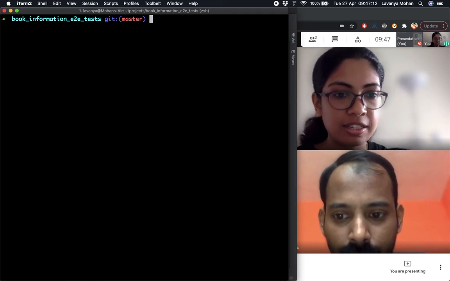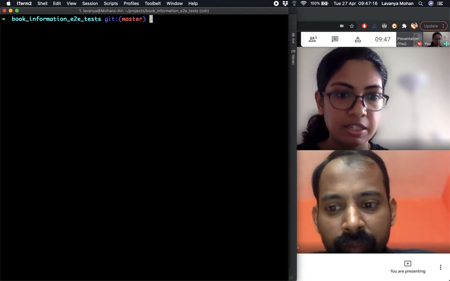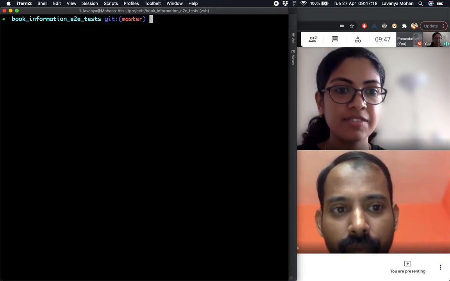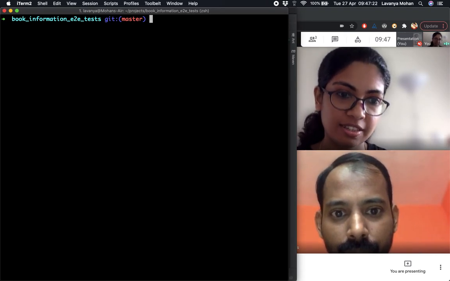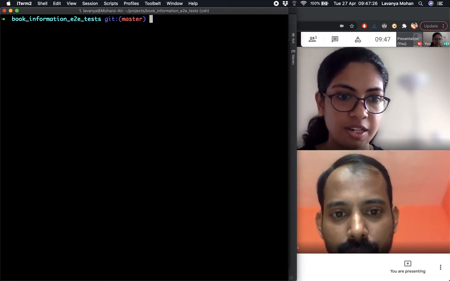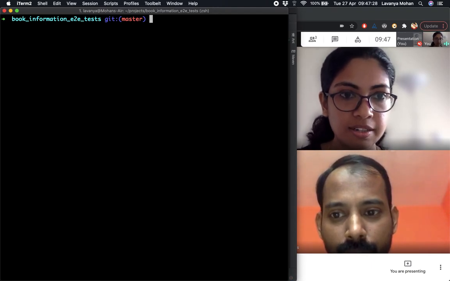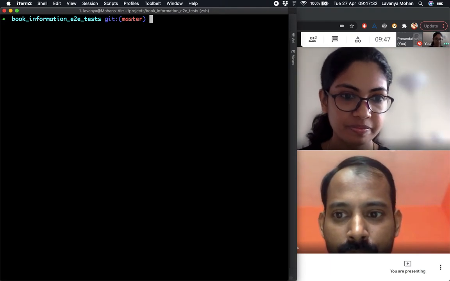So I might do the other way merge. I might stay on demo and say git merge master. In that case, if I get a conflict, since I am on demo, my head is actually the demo section. So the head part is just where you currently are, and the other part is what you're actually trying to merge to where you are.